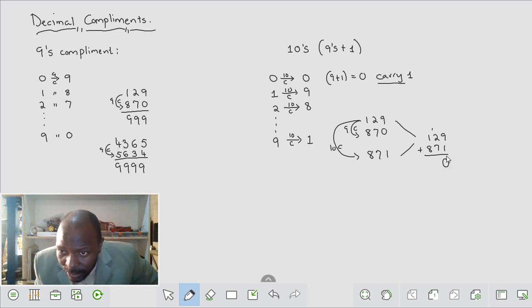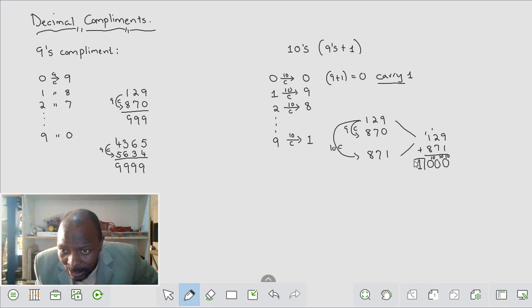We got 10 when we added there. Now 1 plus 2 plus 7 is another 10. So we write the 0, we take the carry next door. 1 plus 1 plus 8 is going to be another 10. Even though in this case there's nothing else, so our answer would be